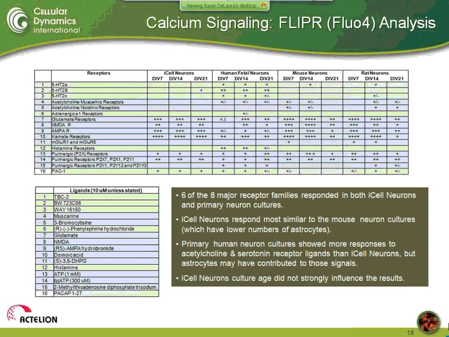What they found here, this is just listing some of the different receptors that they were looking at and stimulating with the various ligands. And the primary message that they found from this was that the iCell neurons really did not change a lot over time from day 7 to day 21. And they seem to correspond